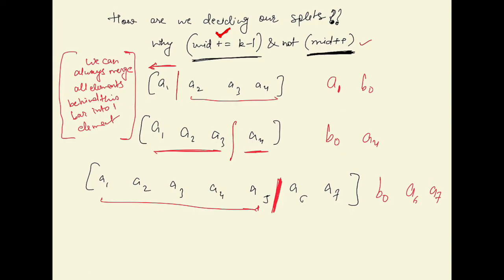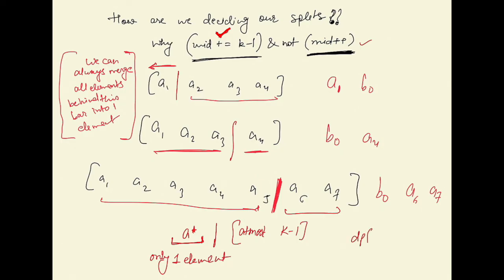And now, since before this split we have only one element, let's say a star, only one element, and after split we can have at most k minus 1, because dp[x][y] would store the cost of at most k minus 1 elements,